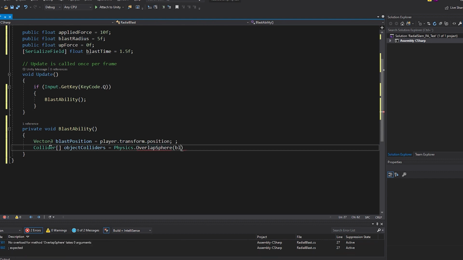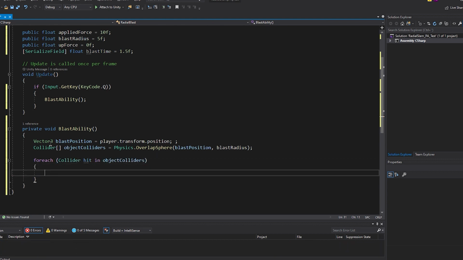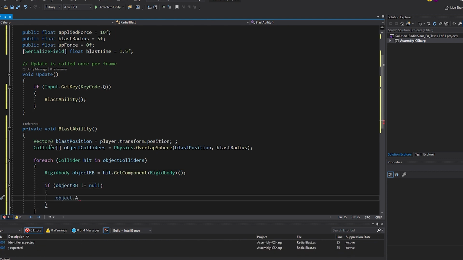The overlap sphere will use the position that we just declared, and its size will be determined by the blast radius. Using this for each loop, the sphere collider will detect if it has hit any of the colliders of any object in its radius. When it has found these colliders, only then will the sphere collider get the rigid body component of these objects. Making sure that the rigid body component of the object is active with an if statement, we then use the rigid body method known as add explosion force. This is where we will need our previously declared parameters, those being the applied force, the blast position, blast radius,